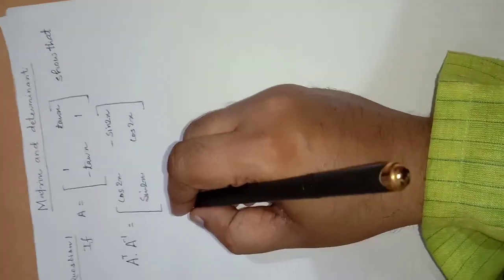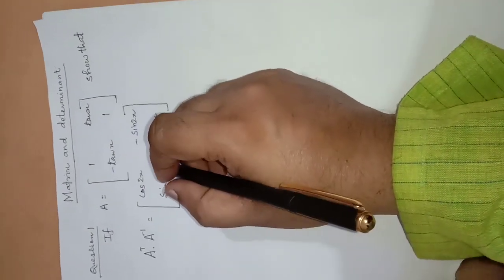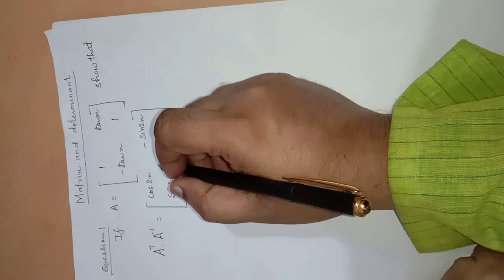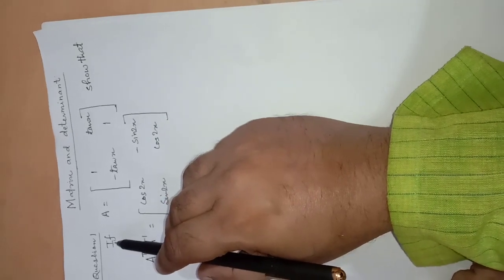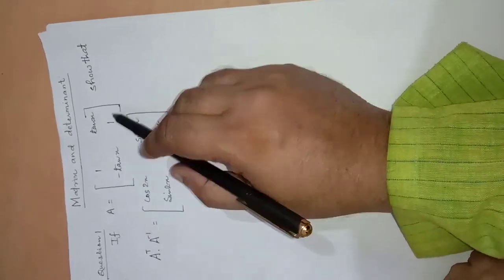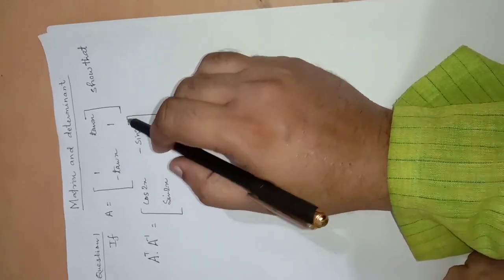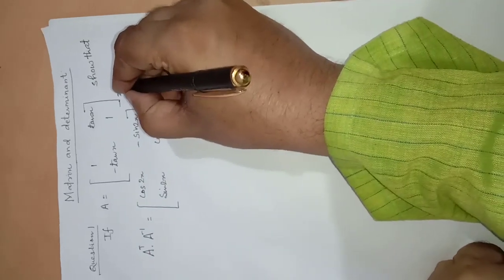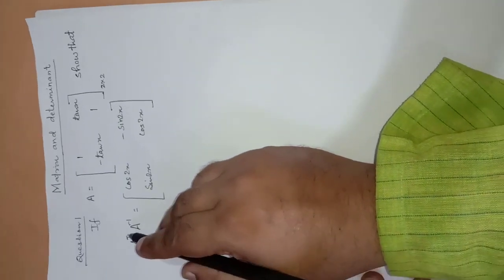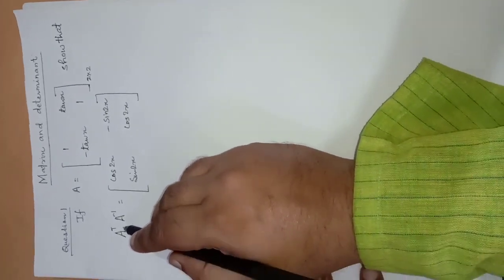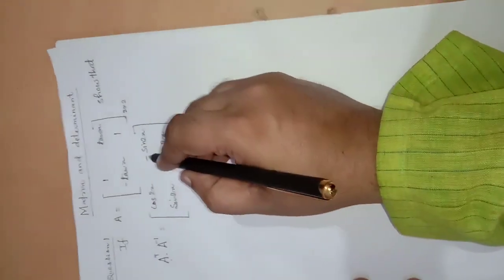Now, I have taken one question of matrices for the demonstration purpose. Here the question says that if A is a square matrix, as we see that here it is two rows and two columns, so it is a 2 into 2 order matrix, and we have to show that the product of transpose of matrix A and inverse of matrix A is equal to cos 2x minus sin 2x